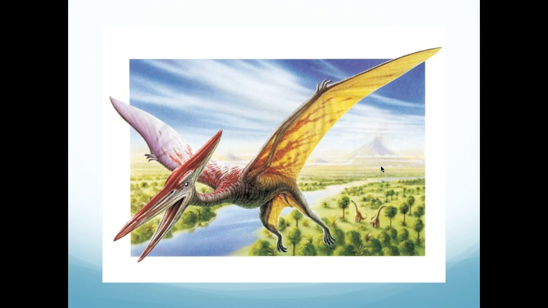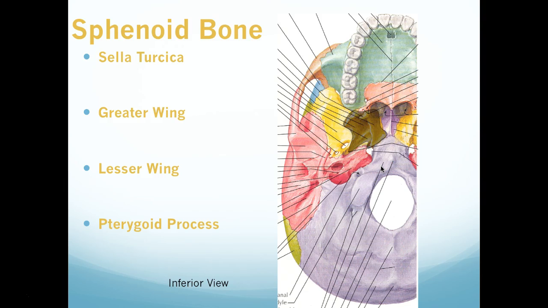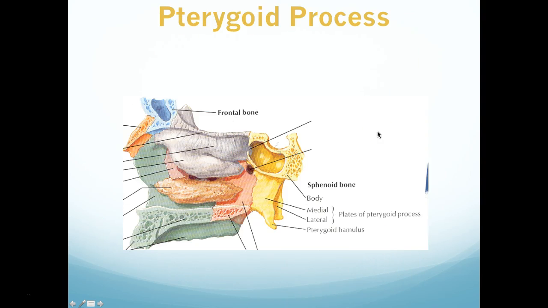Lastly, we have the pterygoid processes, and really we're thinking of the word pterodactyl, like that means wings. So when we look at this on an inferior view of the skull, we have 2 different wings here. We have a lateral plate, a depression in the middle, which we call the pterygoid process, and a medial plate. So that's creating our 2 wings, and this is just another view for you here. It's a sagittal cut through the skull, and you can see the medial plate here, and here's the lateral plate